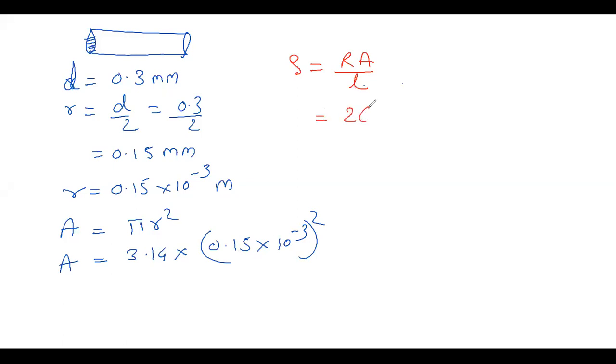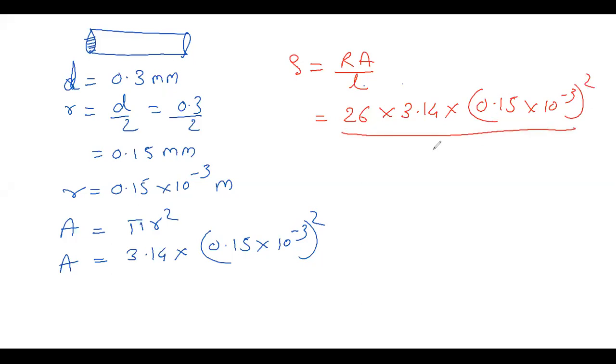which becomes now 26 is the resistance. Area we have just now found out, 3.14 into 0.15 into 10 raised to minus 3 whole square meters, and then the length is in meters. 1 meter is the length given to us. So this one doesn't matter. So now if I solve it, 26 into 3.14,